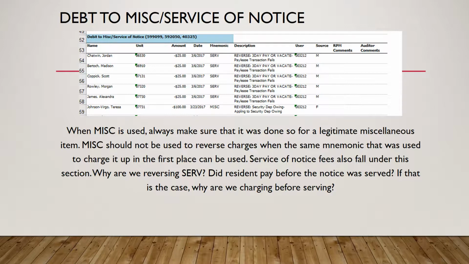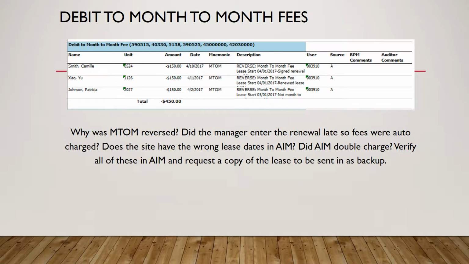Did resident pay before the notice was served? If that is the case, why are we charging before serving? Debit to month fees. Why was month-to-month reversed? Did the manager enter the renewal late so fees were auto-charged? Does the site have the wrong lease dates in AIM? Did AIM double charge? Verify all of these in AIM and request a copy of the lease to be sent